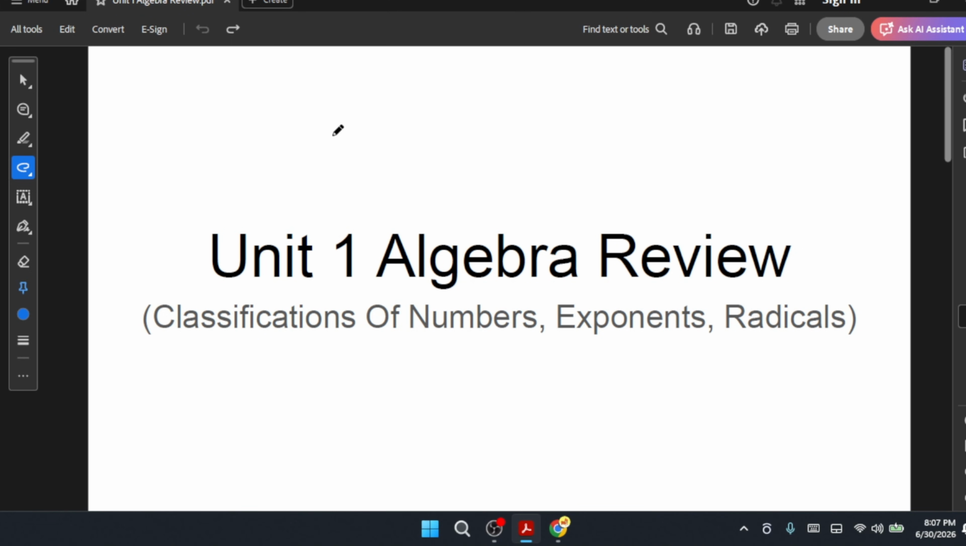So the first unit, as you can see, is algebra review. And then we go to functions, which is unit 2. Unit 3 is polynomial functions. Fourth, rational functions and exponential functions. And then logarithms, trig identities, and applications of the trig identities, analytic geometry, systems of equations, and then sequences and